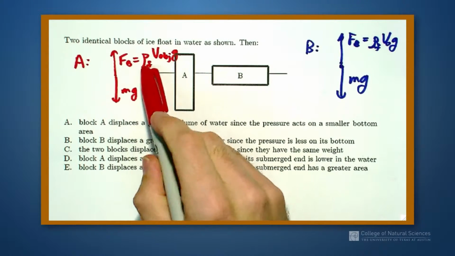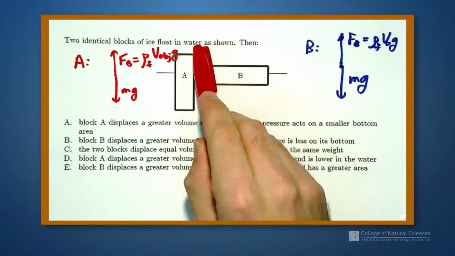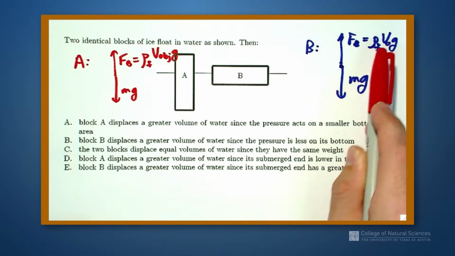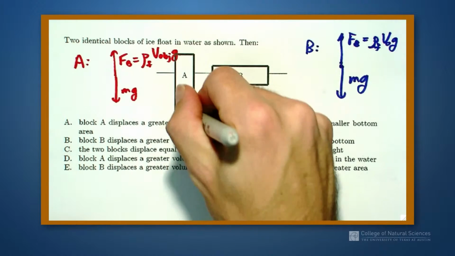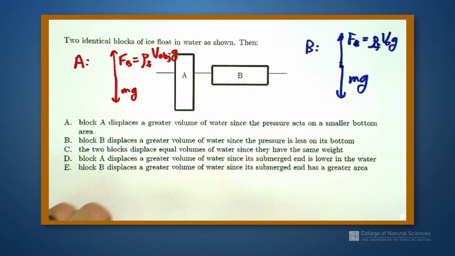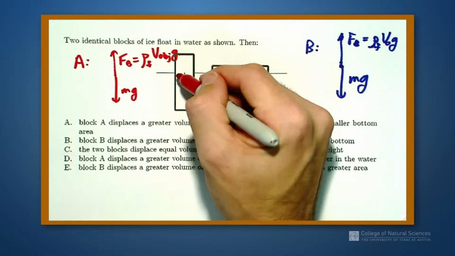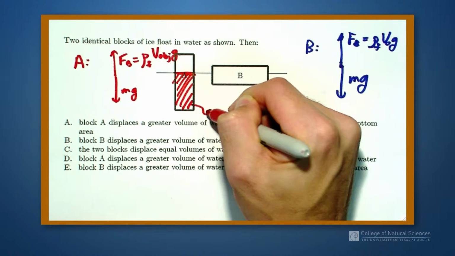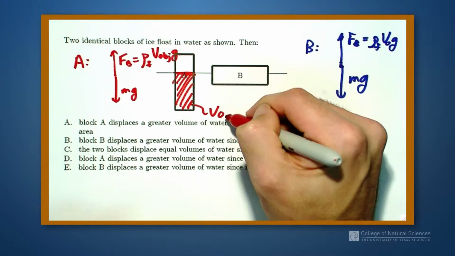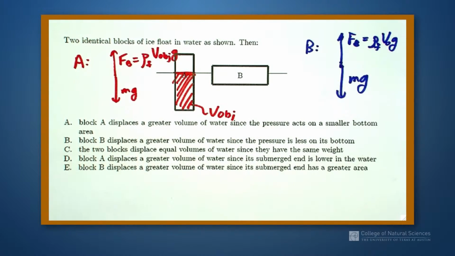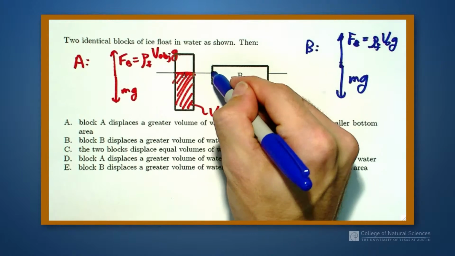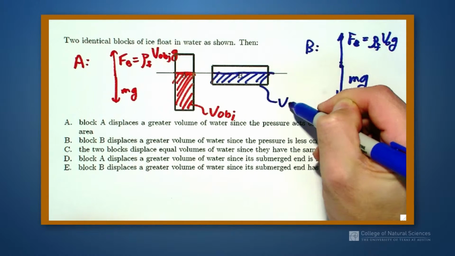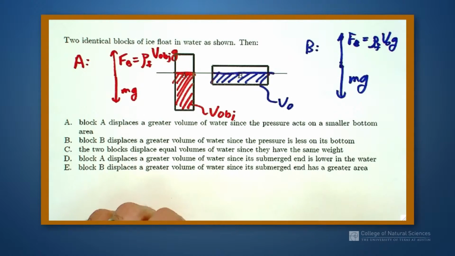And if they're in the same fluid, which they are, they're floating in water, in the same gravity, that means the amount of volume that's submerged is the same. So this is the volume of my submerged object, and this over here, the volume of my submerged object,